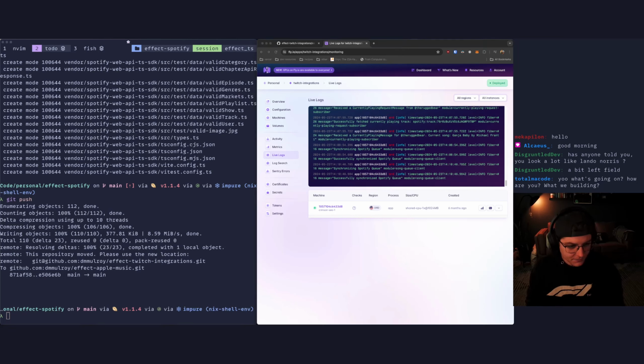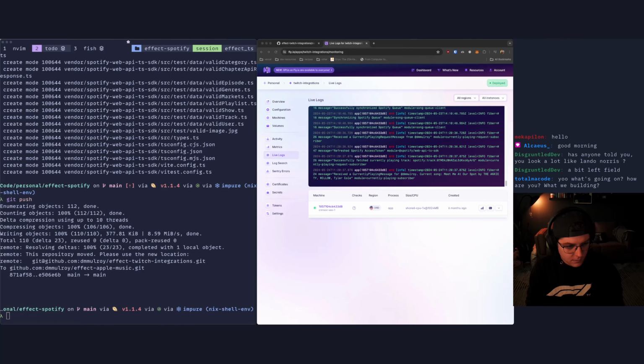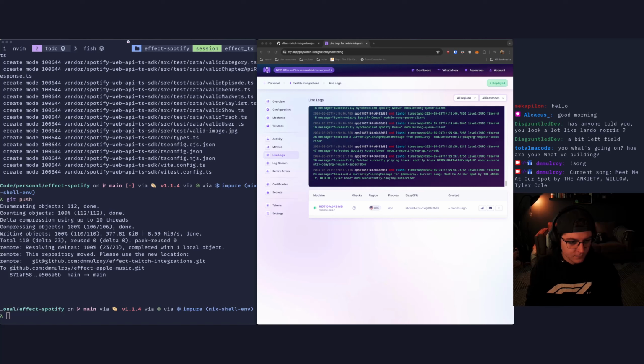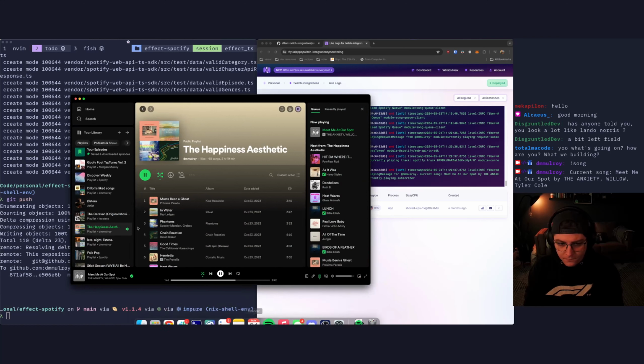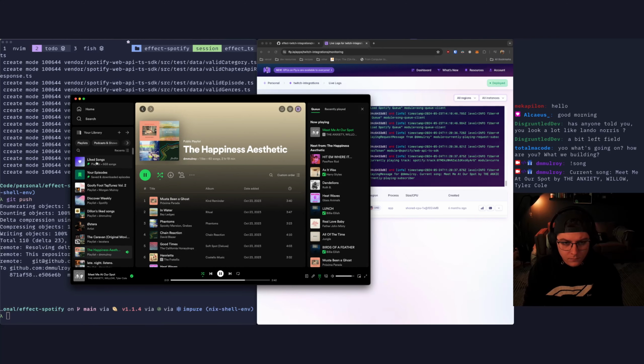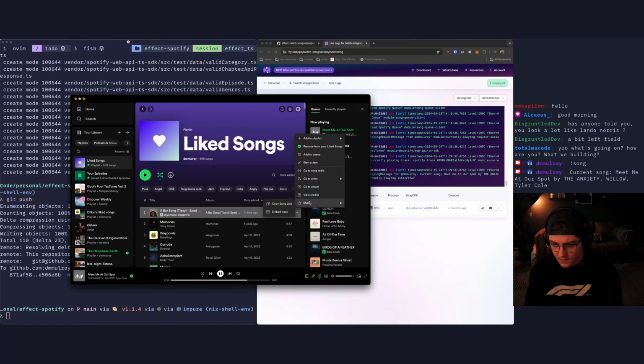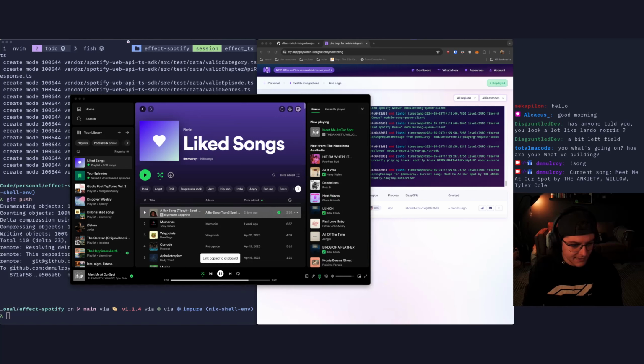We are building the bot that does this. And theoretically, I should be able to request a song too. So if I take this, grab a link, and then I redeem request song.